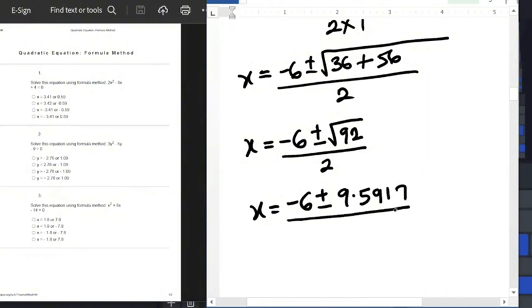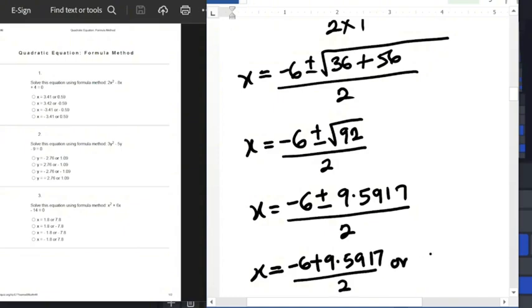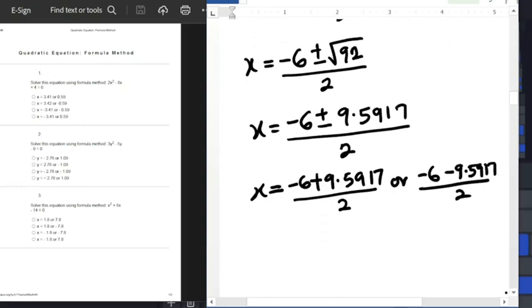9.5917, everything divided by what? 2. So therefore x will then be equal to minus 6 plus 9.5917 divided by 2, or minus 6 minus 9.5917 divided by what? 2 as well. So let's find the final answer: minus 6 plus 9.5917 divided by 2. So this gives